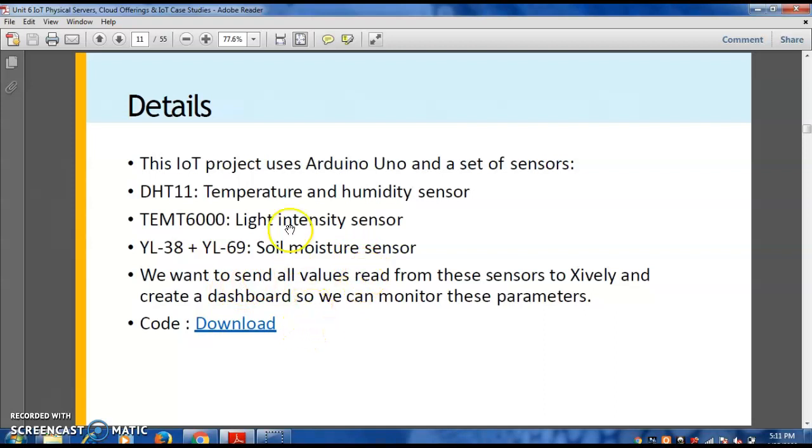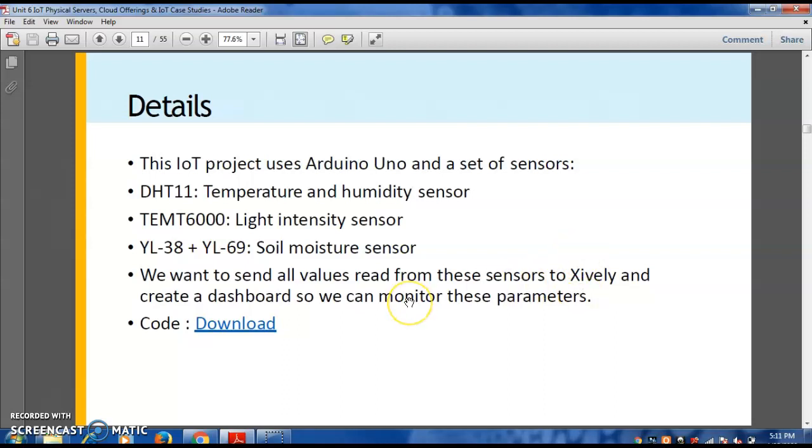We want to read the data from these different sensors and send these values to the cloud. Either you can use the Ubidots cloud or the ThingSpeak cloud. Some students have used the ThingSpeak cloud. You can go for the Ubidots cloud also. On the dashboard, when you execute the program, you can see the output from the different sensors, so you can create different fields for that particular project or assignment. With the help of those fields you can read the values and see the graph.